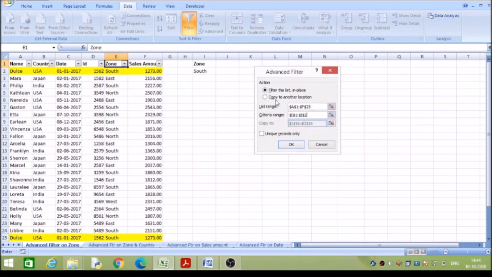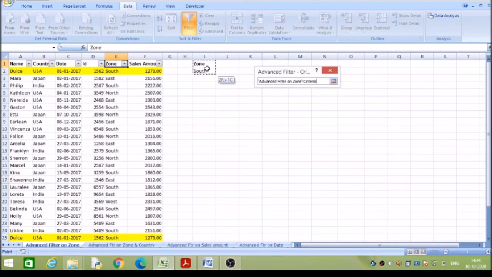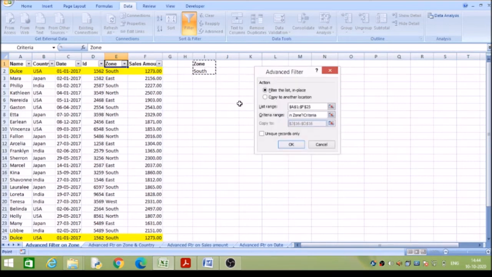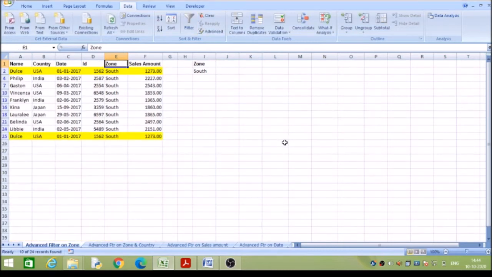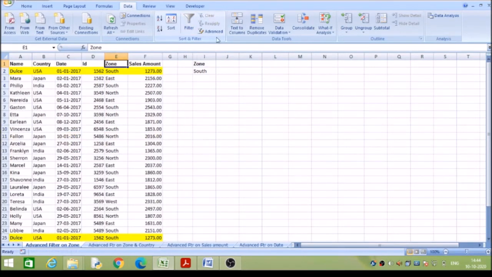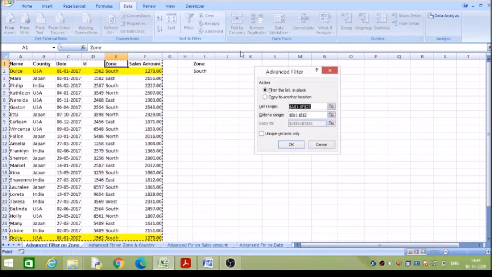Then the criteria range: I am selecting these two, and filter the list in place. If I click that option, the data gets filtered in the same location. Now if I clear, the filter will be cleared.